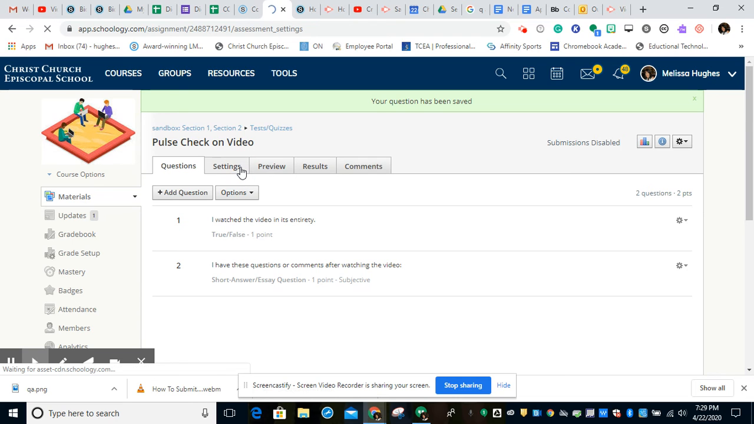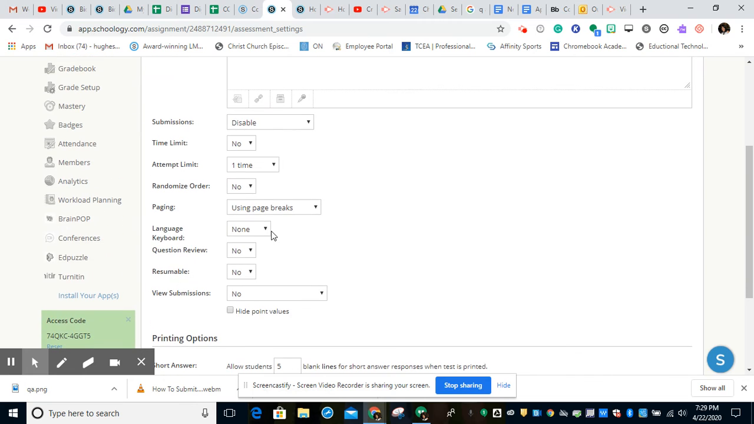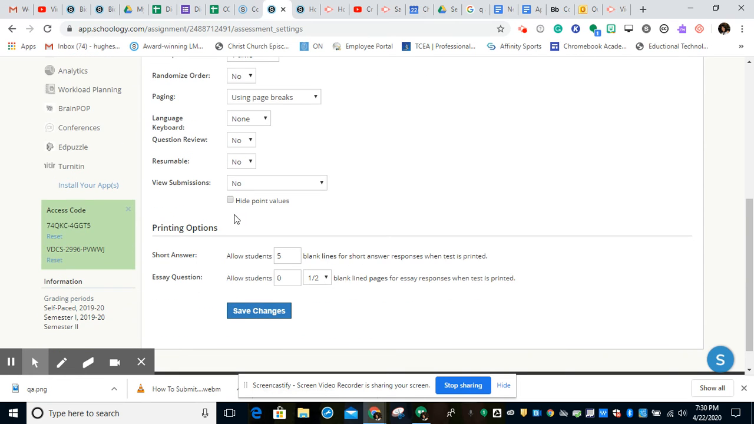And then, check your settings, be sure your submissions are enabled when you are ready for them to submit, and you can check these however you want them to be. Save those changes. And then the student will have the option, after they watch the video, then the next day